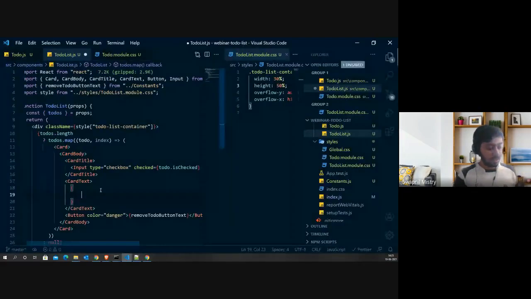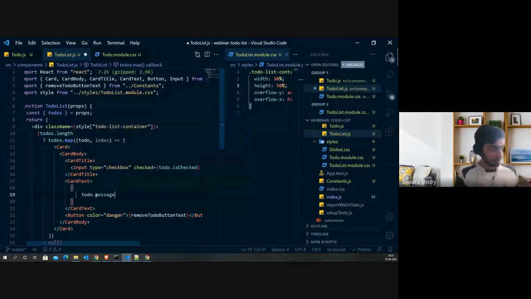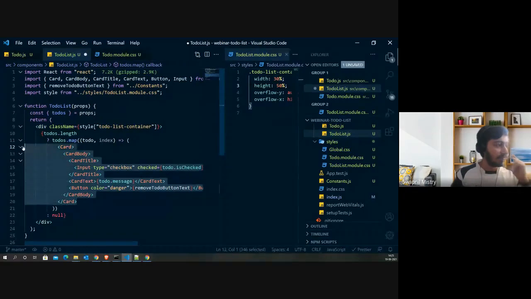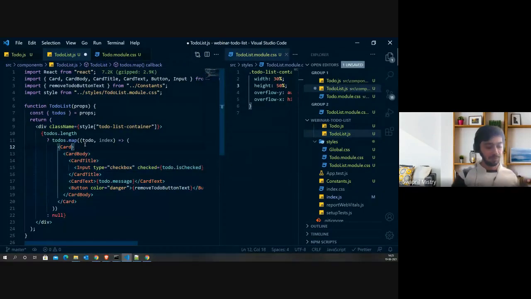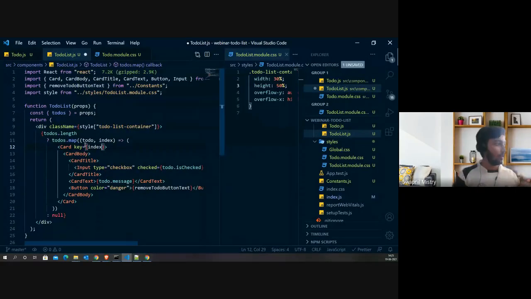So I will write to do dot message. Okay. The reason we added index over here is that each and every list item must have a unique key prop in HTML. So I will just add a key property so that we don't get an error as of now.